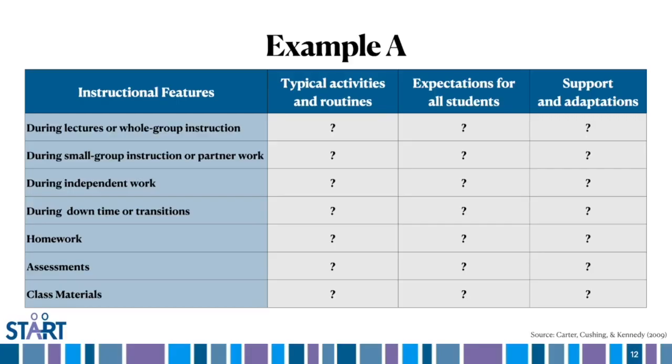Now, you would write down each of the ways the classroom teacher uses these formats. For example, whole group work might include lectures or guest speakers or watching instructional videos or having a class debate. Now, the third column has the title Expectations for All Students. And this is where you list out what students are typically expected to do during each of those activities and routines. In other words, you're addressing how each student participates.